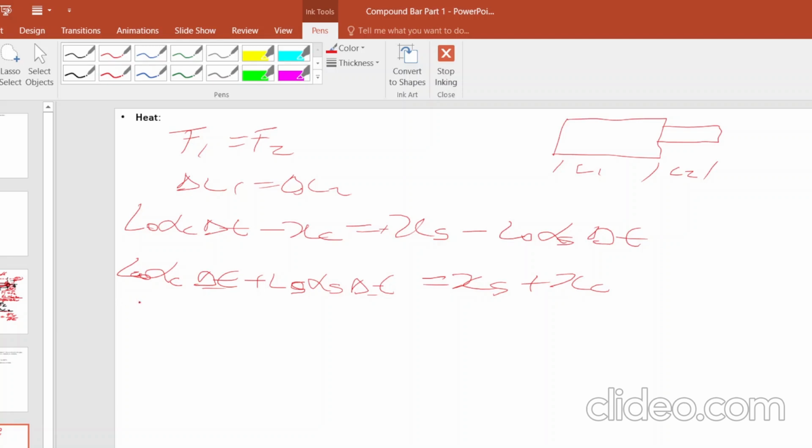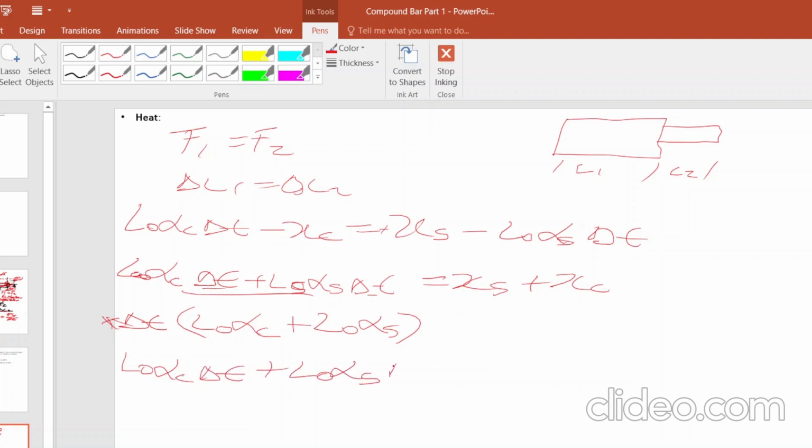Now, if they are not of the same length, then we have the change in temperature as a common factor. Then we have α, coefficient of expansion of copper, plus α, coefficient of expansion for steel. You can either work it out this way, or you can work it out in that manner there. It doesn't matter. Now, let's work with what you have in your books. α, coefficient, change in temperature, plus α, coefficient of steel, change in temperature, equals FL over AE, copper, plus FL over AE